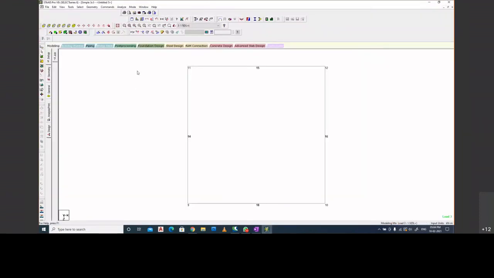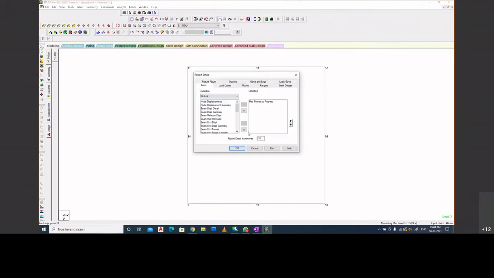You can similarly have a report as a detailed summary. So in output, I'm no longer requiring maximum forces. I need beam force detailed summary. Okay, and I want the range for all these sections. So if I want any specific property, I can ask for that. That is, this is for column, R3 is for plinth beams, R4 is for floor beams, right? I can ask for all. Okay, I'll just click on all.